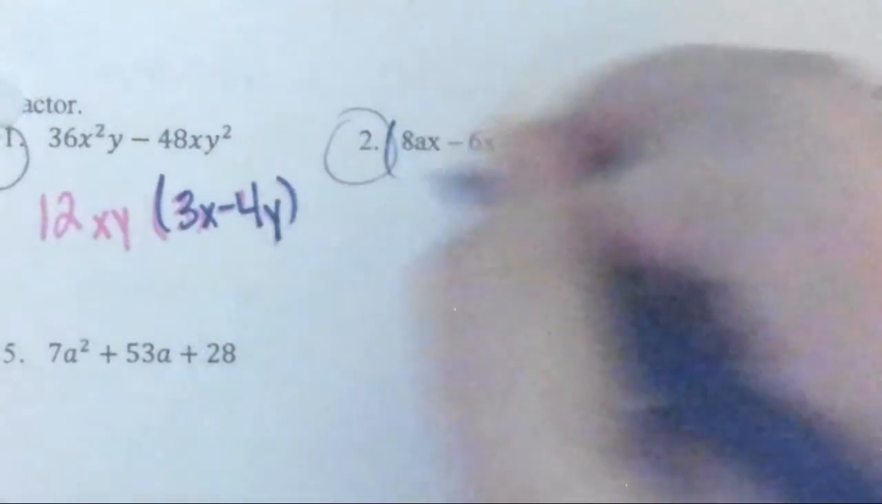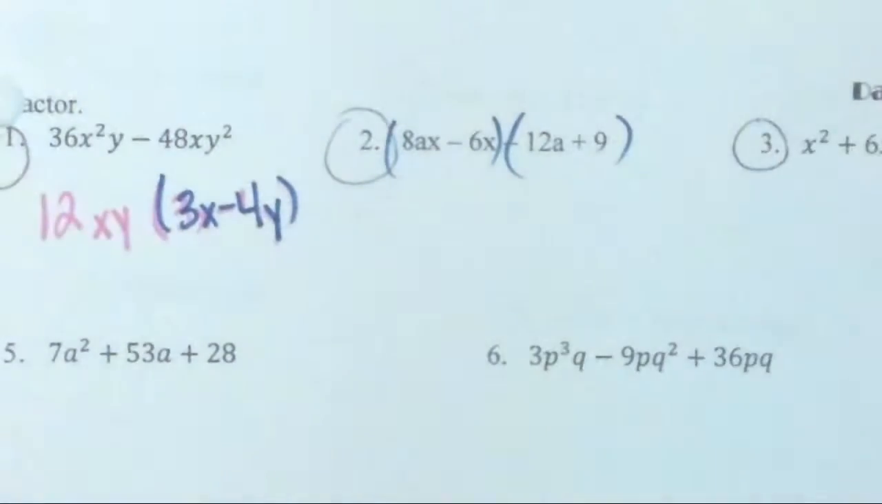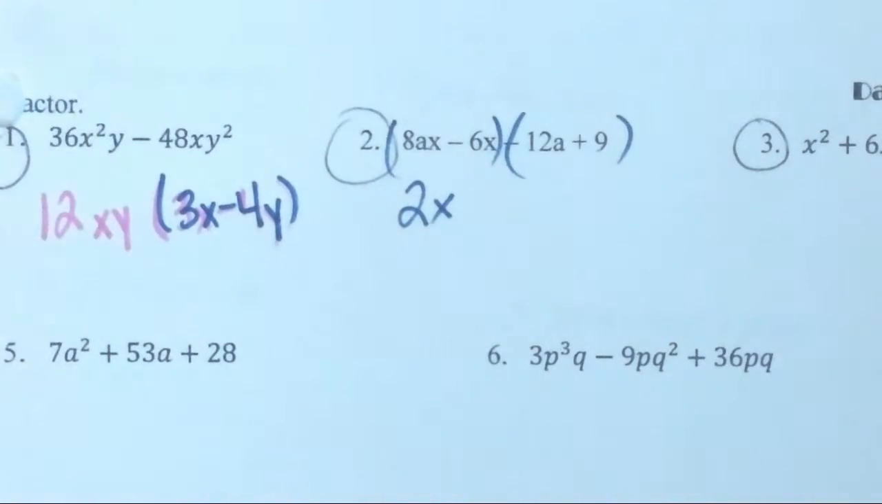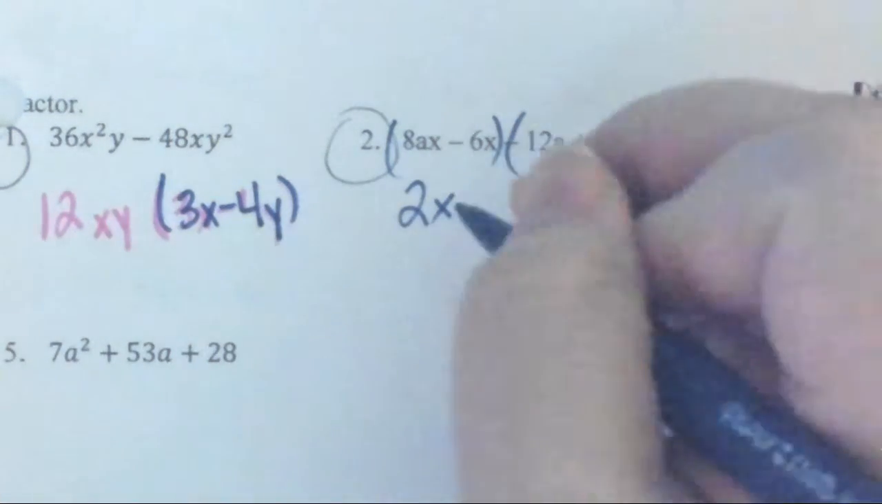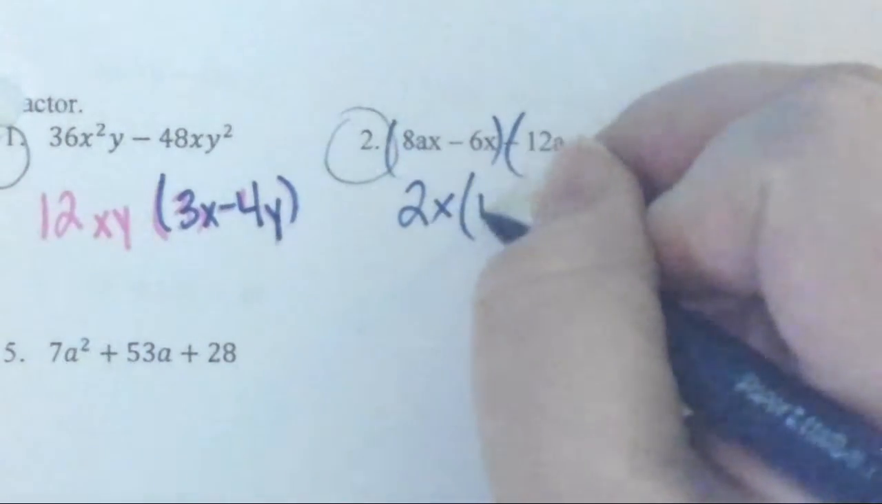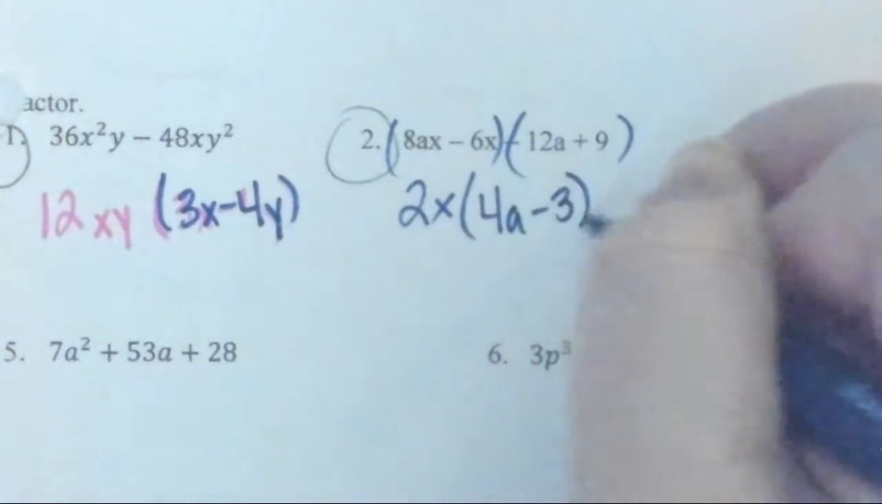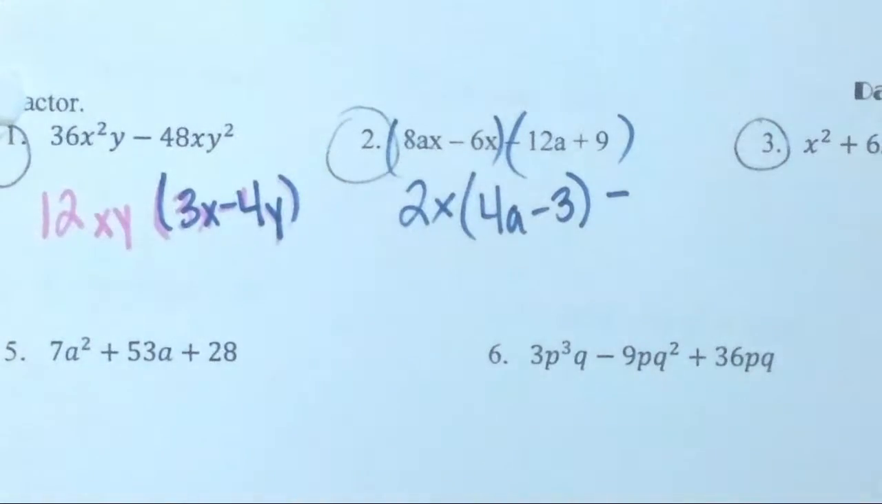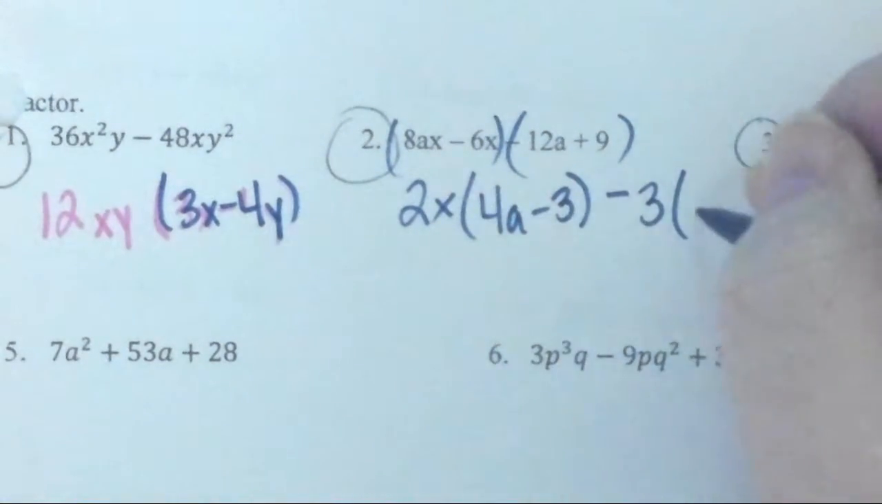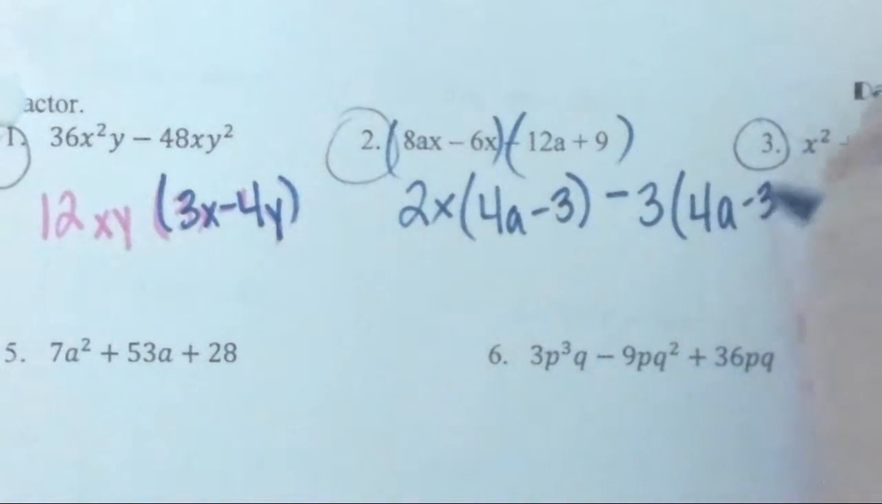Okay, moving on. So we group. What can I pull out of my first group? 2x. If I pull out a 2x, well, you can't sit by him, baby. It won't go well for you. It's better for you to be at 2. If I pull out a 2x, what would be left? 4a minus 3. Okay, and then what can I pull out of the second group? Negative 3, and what would be left? 4a minus 3. Okay, perfect. So my 2 groups are 2x